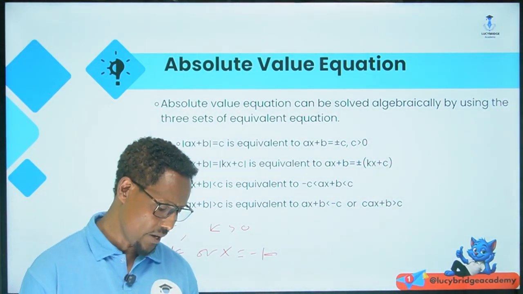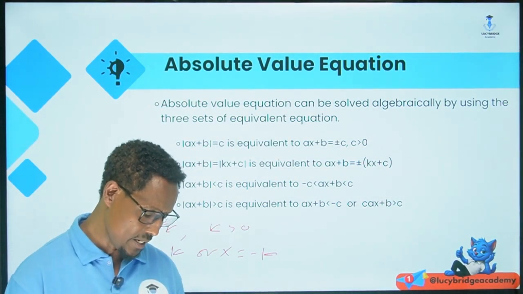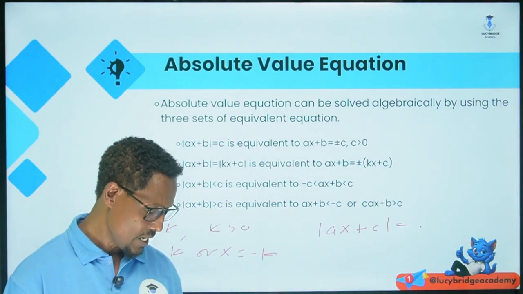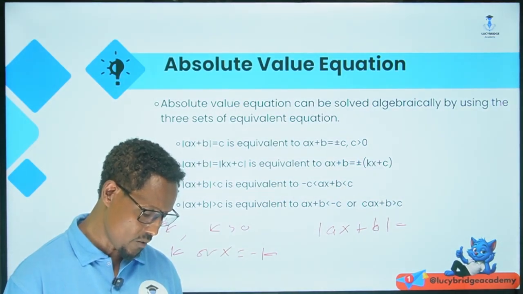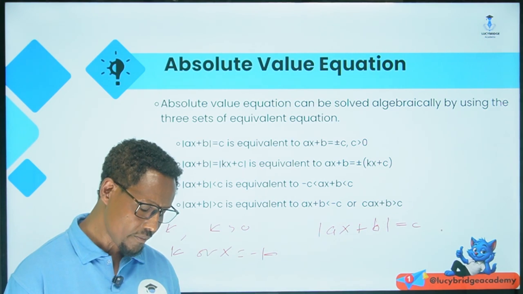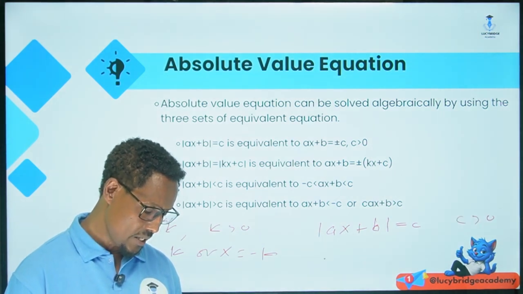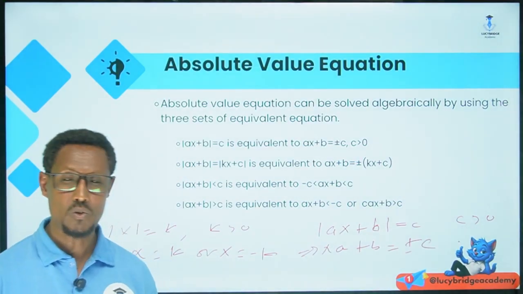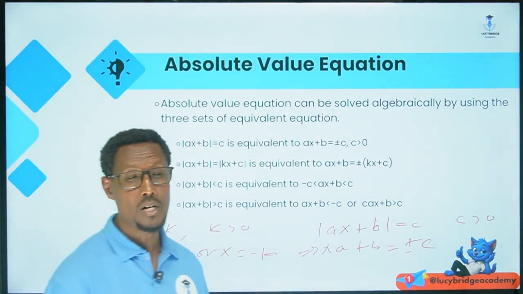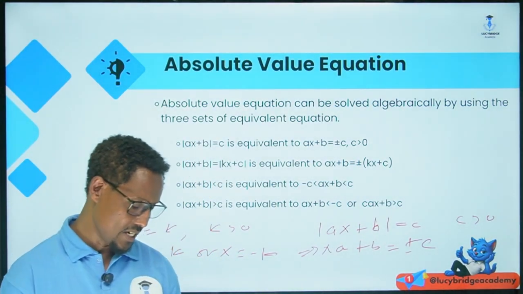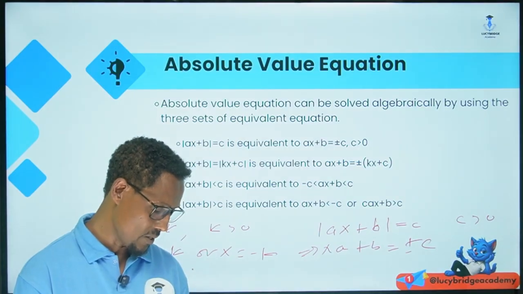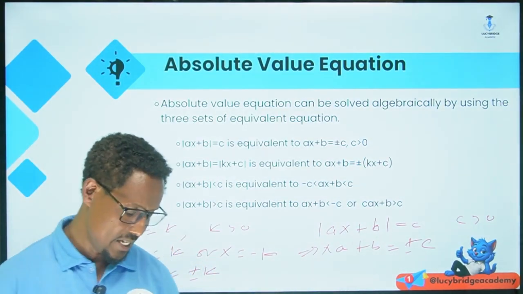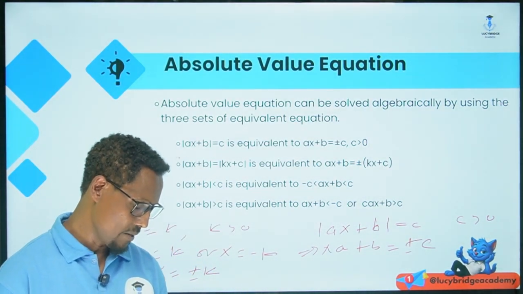አሁን ደግሞ the absolute value of ax plus b በተመሳሳይ መንገድ the absolute value of ax plus b is equal to c, where c greater than 0. This implies that ax plus b is equal to plus or minus c. That means ax plus b is equal to c or ax plus b is equal to minus c. እዚህ ጋር x is equal to ባጭሩ ስንጽፈው plus or minus k እንዳልነው ሁሉ ax plus b is equal to plus or minus c እንላለን ማለት ነው እዚህ ጋር።